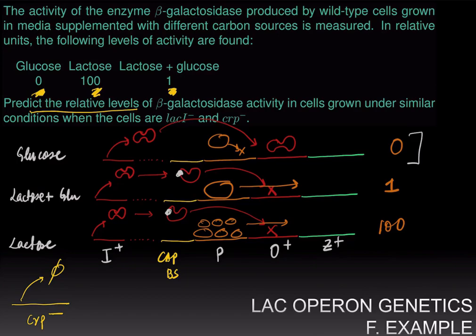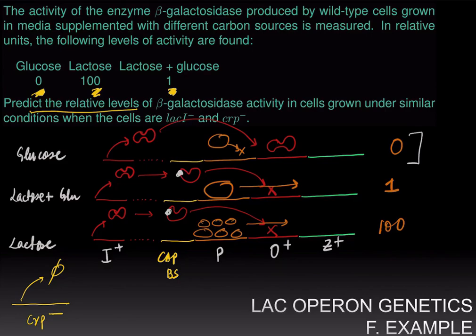Similarly, the second picture, where you had lactose and glucose, is also not going to change, since the presence of glucose implies that there is no cyclic AMP, or implied in the wild type that there was no cyclic AMP, and therefore cap could not bind the cap